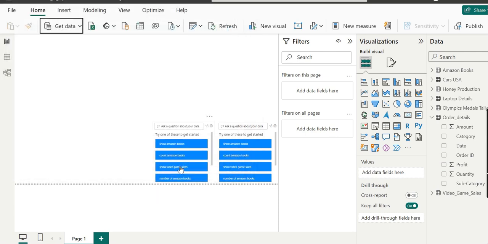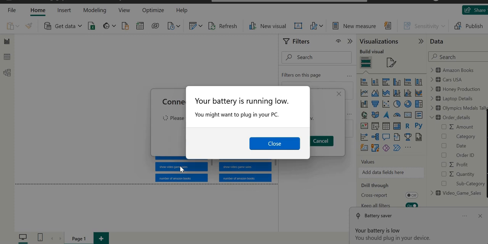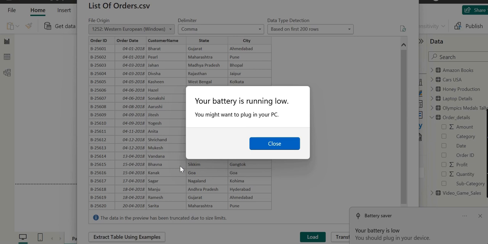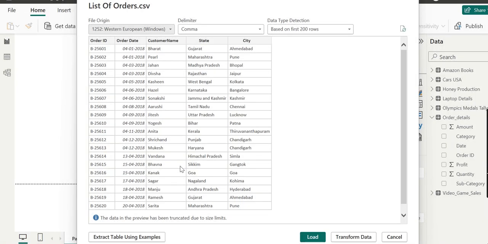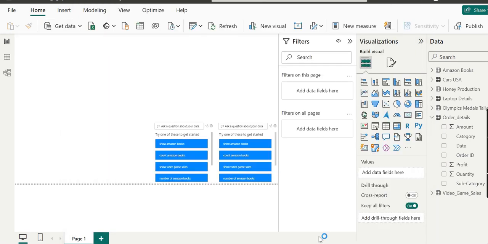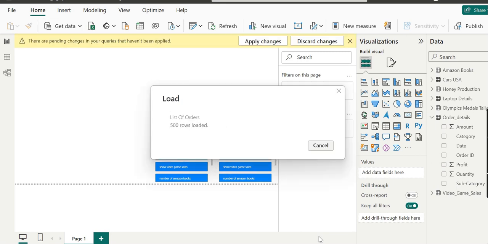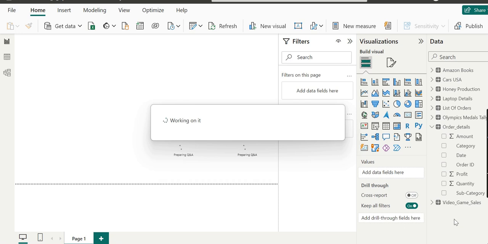Then a menu will pop up, which will tell the information, along with the option to load the data into Power BI. I will just take the default setting, I don't want any kind of modification, and in just a few moments we will have the list of orders alongside the other data sets.